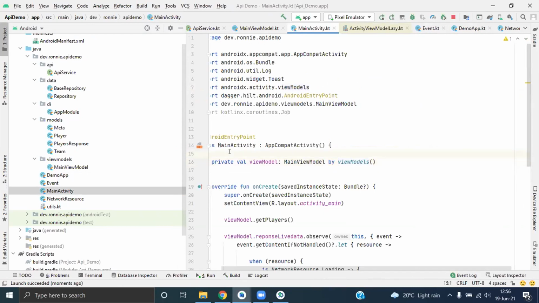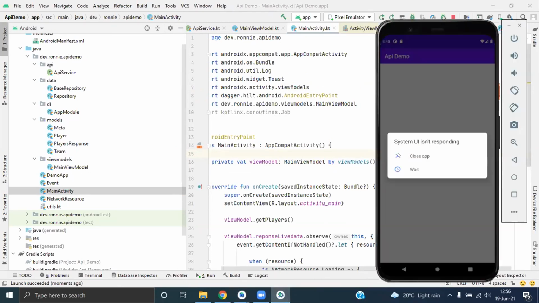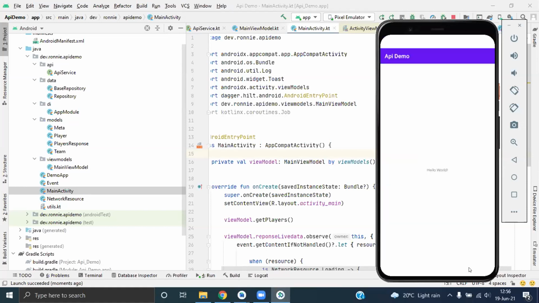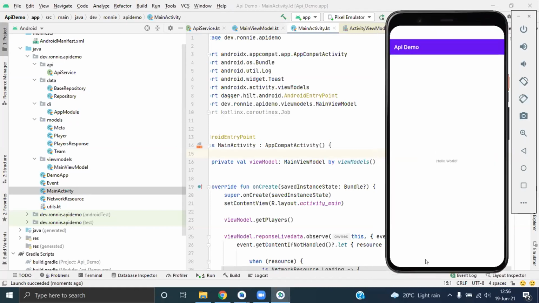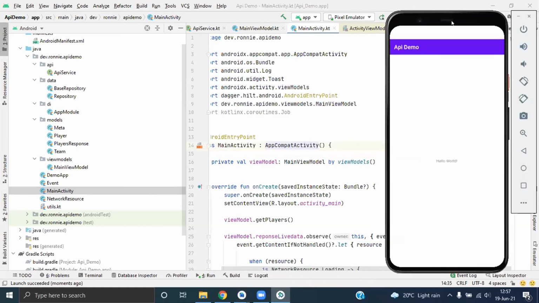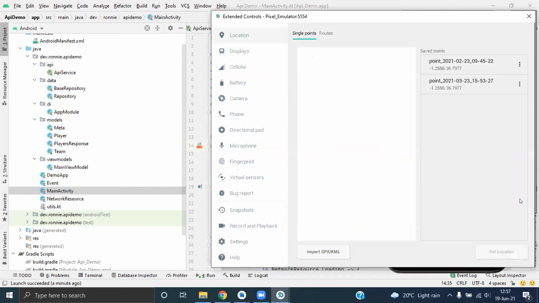I don't need to inject the ViewModel into my activity, something like that. I think it has run, just a minute. The issue with this emulator is I'll just need to clear data, then start again.